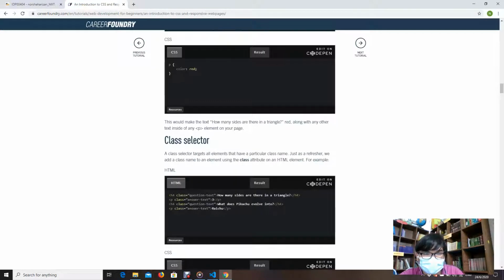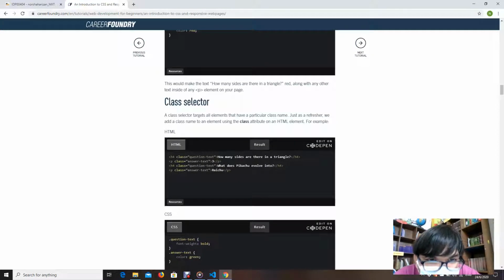That's for element selector. For class selector, it targets all elements that have a particular class name. As a refresher, we can add a class name to an element using the class attribute. To put the class name, we use the class attribute. We can say it's like the class selector agent, because it's the selector for the class type. So we put the value, question text, answer text,